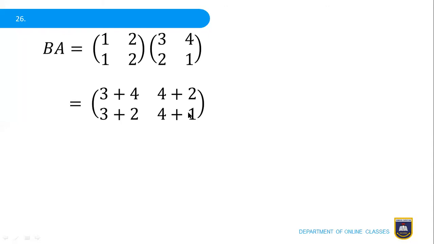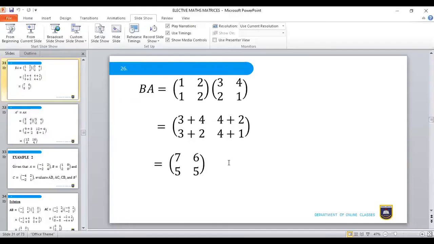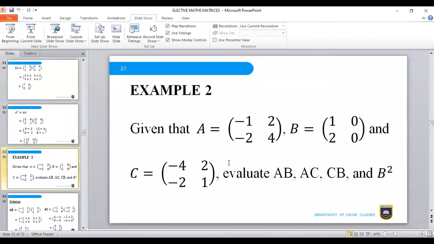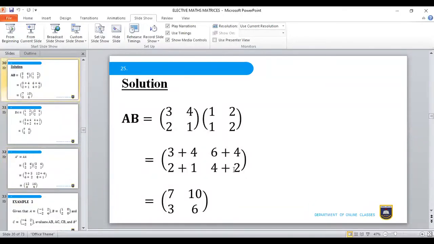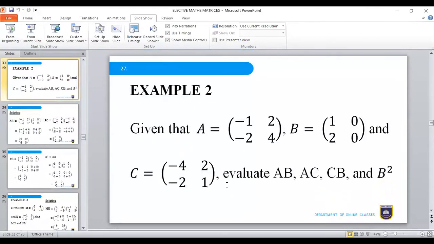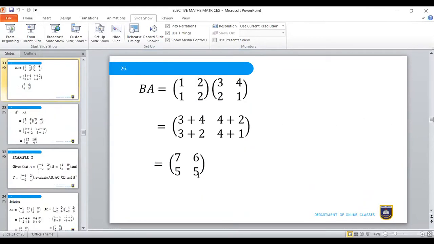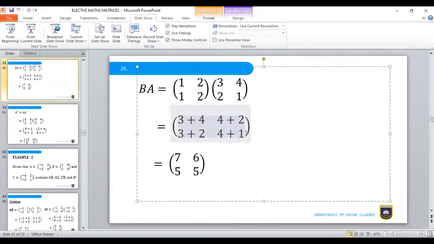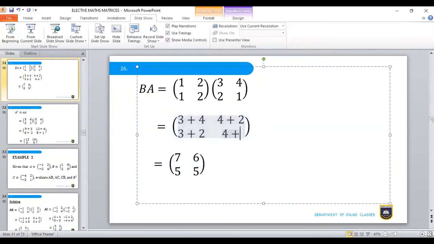It's supposed to be 4 plus 2, right? So we have 4 plus 2 here. And that will give us,